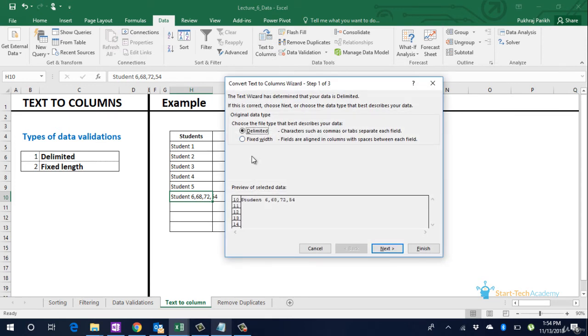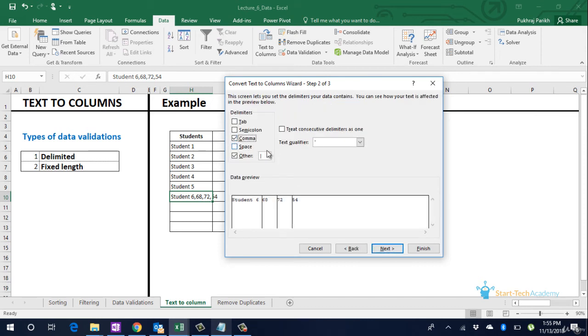You can see two options here. Delimited is where data is separated by a particular separator such as comma here. Fixed width is used where there is no separator, but we know exactly the number of characters that each column should contain. So here we will use the delimited option.